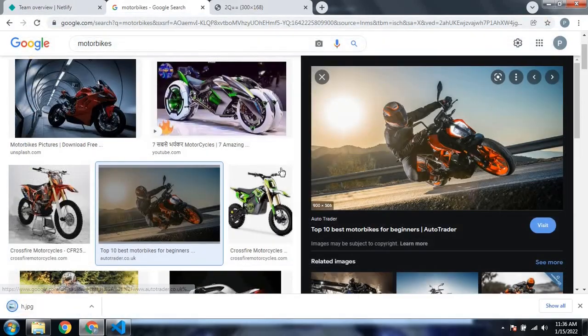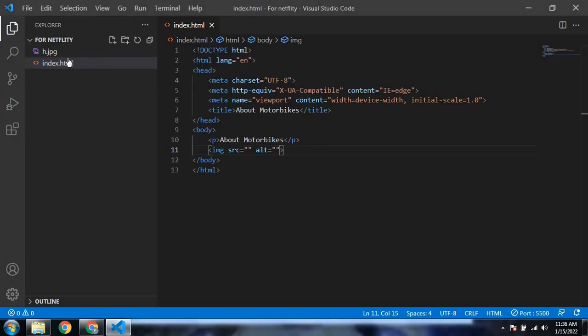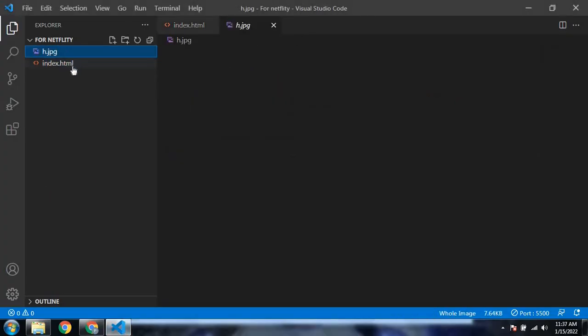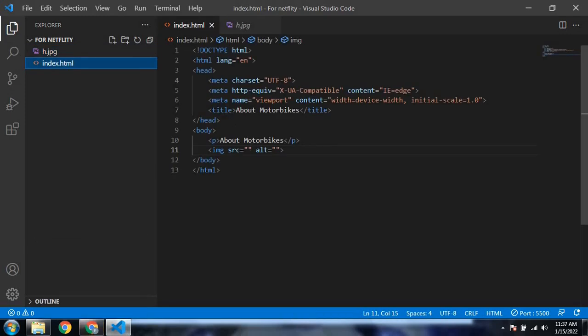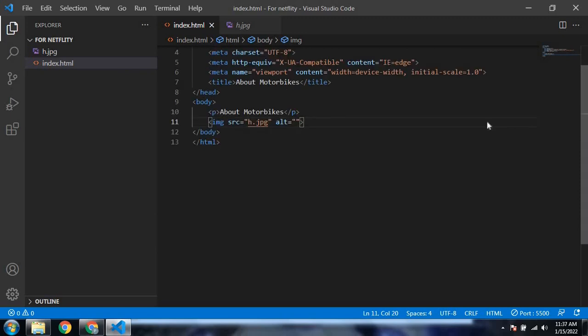I will give H, then after downloading it will show in here. Yes, if you have downloaded it in any folder, copy from that folder and paste it in this folder. Then write h.jpg. How easy it is. And alt means, if our internet is poor or we are offline, then what will be seen. I will write here bike image,